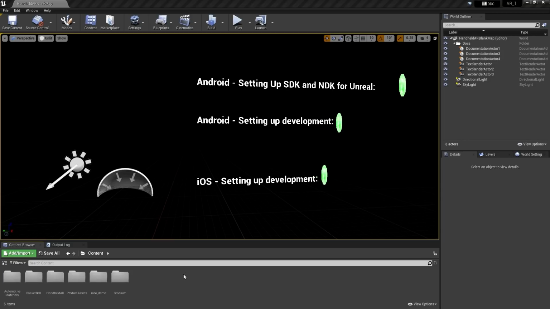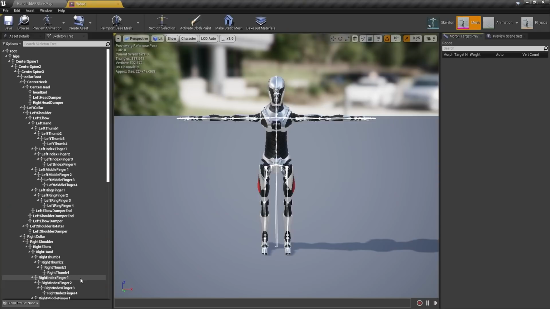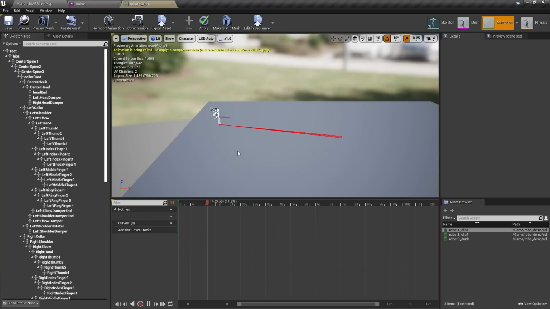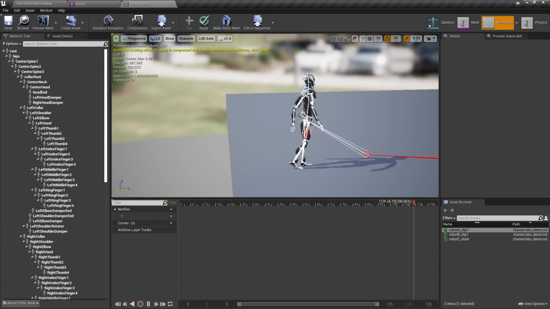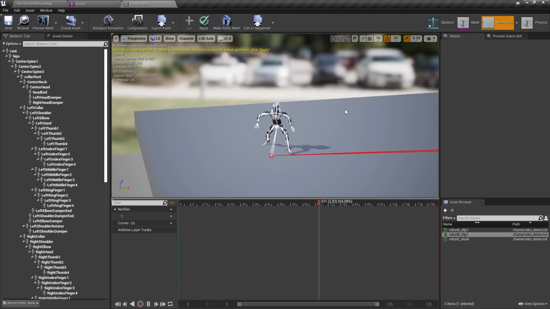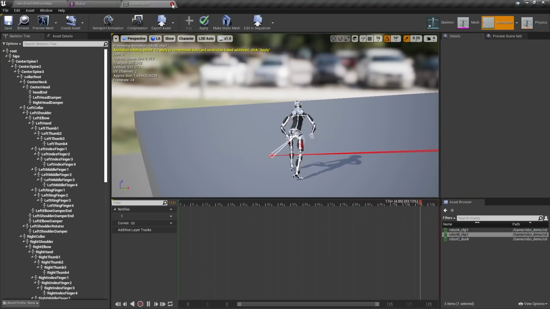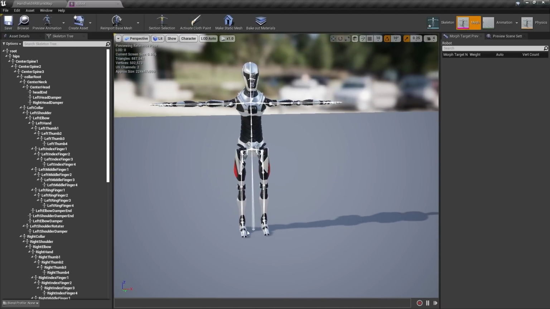So I've already imported into the project a bunch of geometry, so the basketball hoops as well as the animated robot. So he comes in as a skeleton mesh with some motion capture data. So if we double click on the robot and jump over to animation, you can see that we kind of have this offensive clip here. And then, of course, we've got Robot B's clip, which is sort of the defensive clip. So what we're going to do is add in the functionality using Control Rig to track the position of the feet as well as the hips.